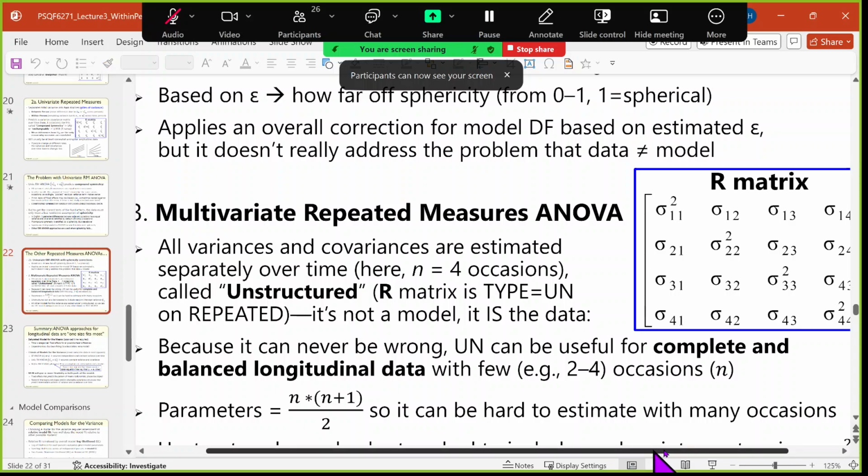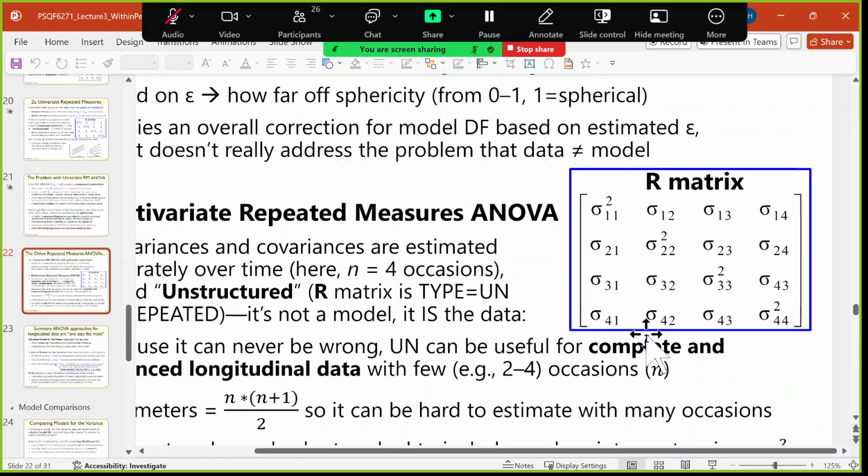if we look at the matrix here, again, across the diagonal, we're seeing all those variances, but now we're seeing a 1, 1, 2, 2, 3, 3, 4, 4. And so each of those are allowed to be different. And then if we look at the bottom, Ahmed, I'll get back to your question in a second. So then if we look at the bottom of our matrix,